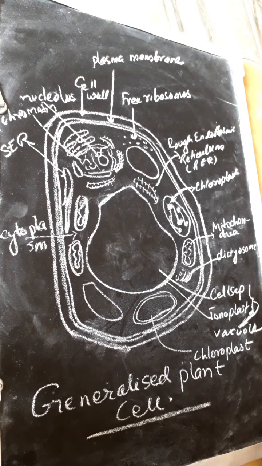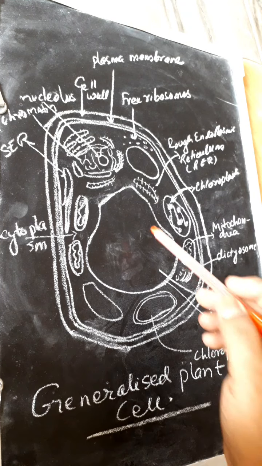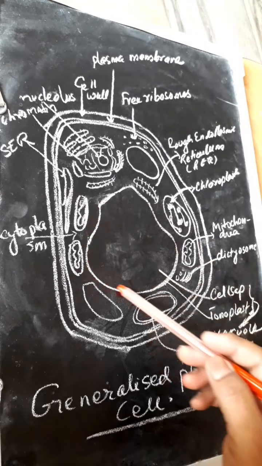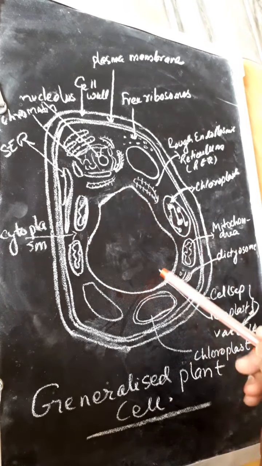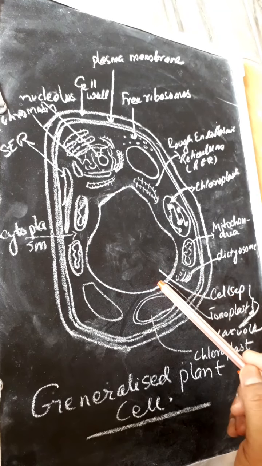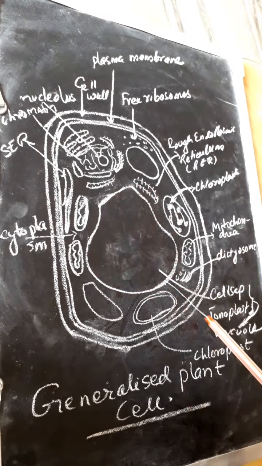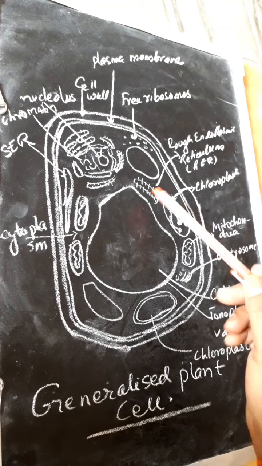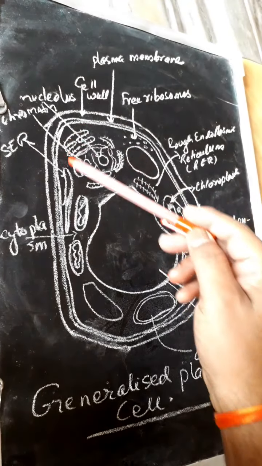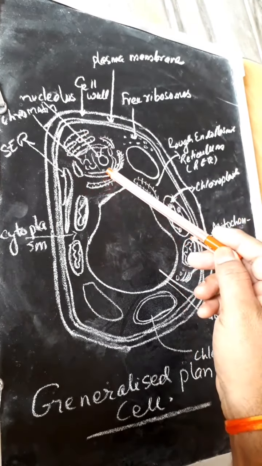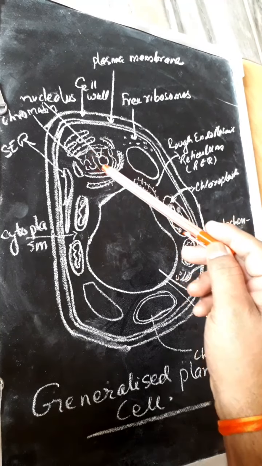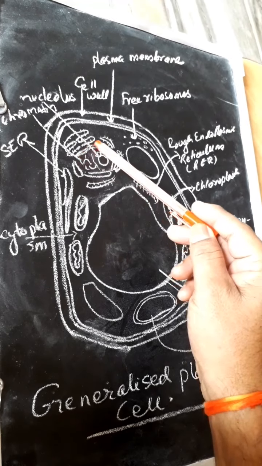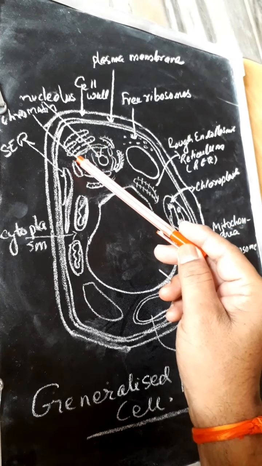We are going to see a plant cell. In a plant cell, the central position is taken by a large vacuole. It is filled with a liquid called cell sap, and the boundary of the vacuole is called tonoplast. Now let us see the nucleus. It is at a corner. Here we can see chromatin material, this nucleolus and this nuclear membrane with nuclear pores.